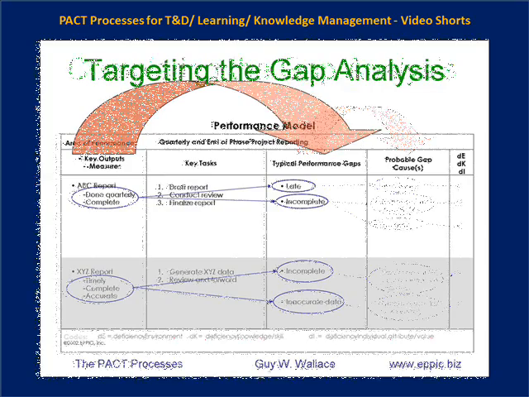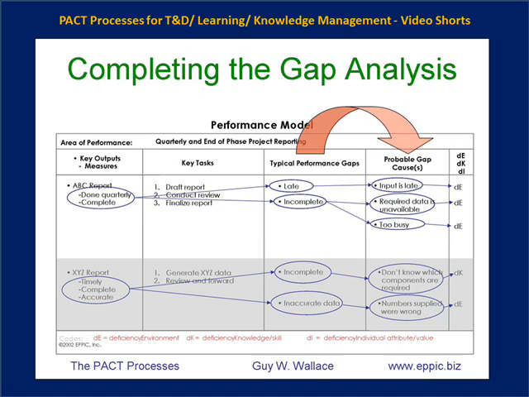The probable gap causes, and not root gap causes, because we didn't have time to ask 5 whys in a row and do a deep dive on this, but off the tops of the heads of the master performers assembled to come to consensus to define ideal performance and to articulate the gaps and the causes, they have said that the reason that the ABC report is late is because the inputs that are required are late. And that's a deficiency in the environment, not a deficiency in the knowledge of the performer or deficiency in the individual performer's attributes and values. This will not be solved by training